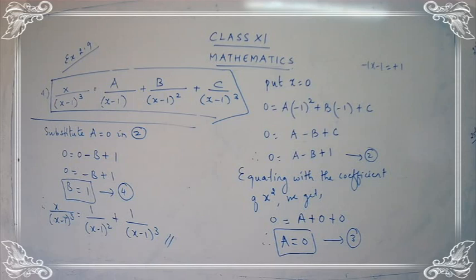I hope you are clear with the 4 sum, children. The more you practice, you will get an idea, because here we deal with different types of partial fraction sums. So we have a lot of types. You have to identify the types properly and follow the steps. Okay, children, now let's proceed with sum number 5. Take down question number 5.